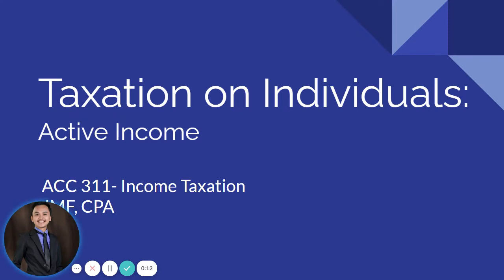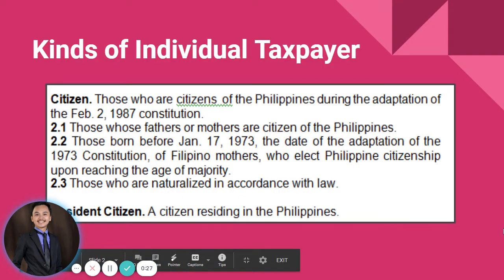In this video lecture, we will be discussing taxation on individuals with emphasis on active income. Individual is one of the different types of taxpayers that obviously pays tax to the government. And these individual taxpayers, guys, are divided into several types. But before we proceed with the different kinds of individual taxpayers, let us first operationally define what